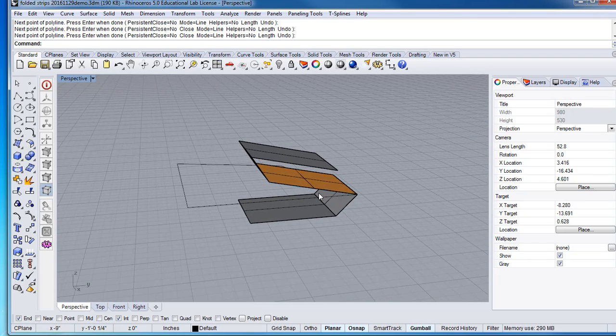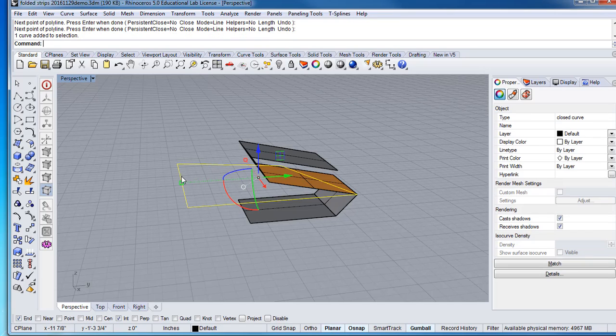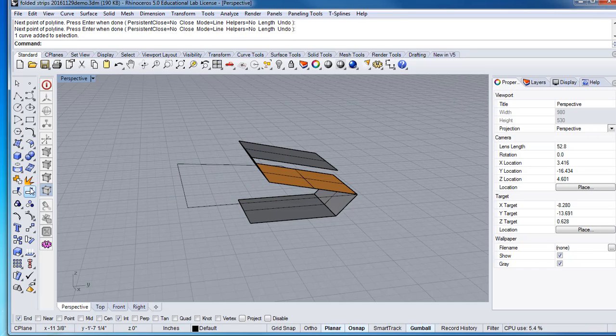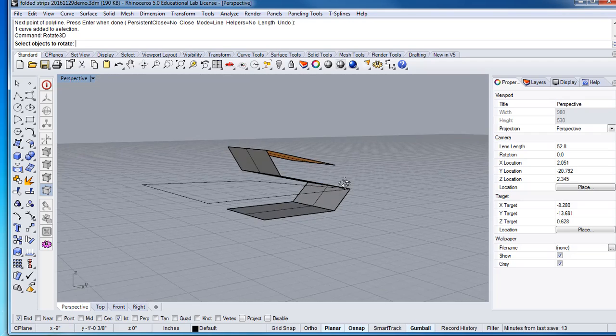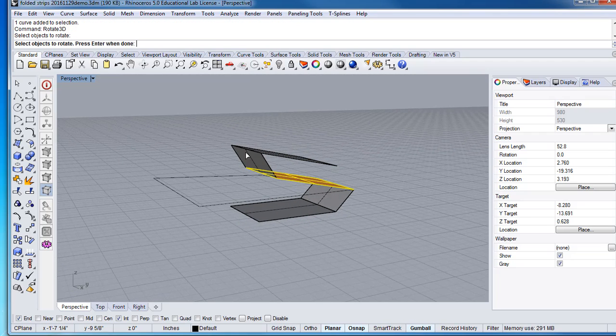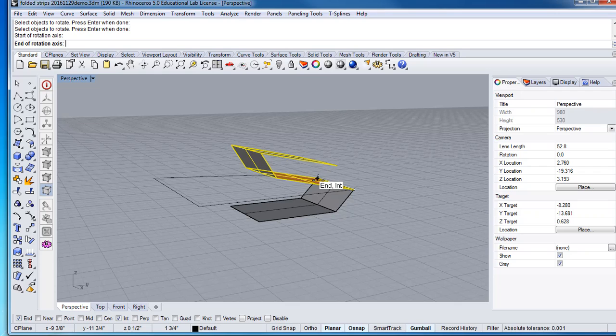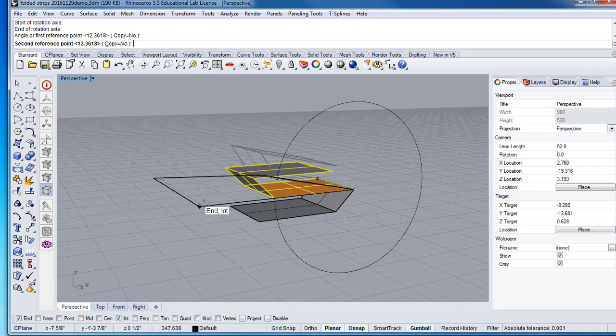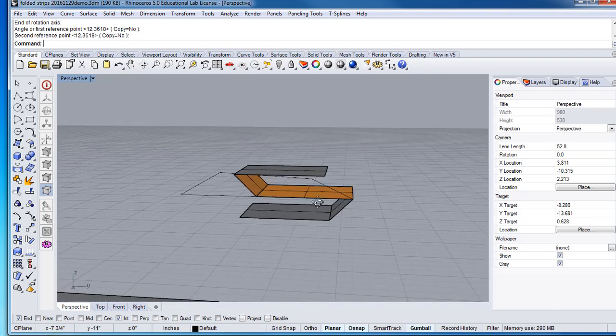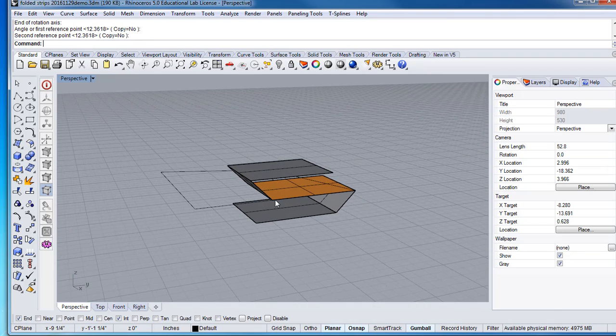So now with those planar points on, you should be able to, well, actually you don't really need all that, but you can go ahead and rotate this back. Rotate3D, select these three objects, from that to that to that, and I should be able to toggle onto the endpoint of this and get it back onto that plane. Okay,